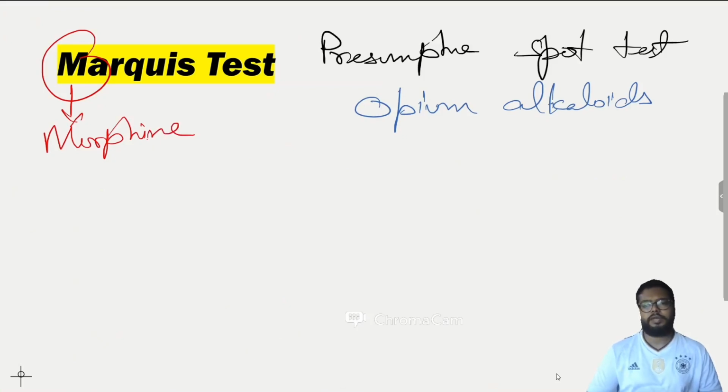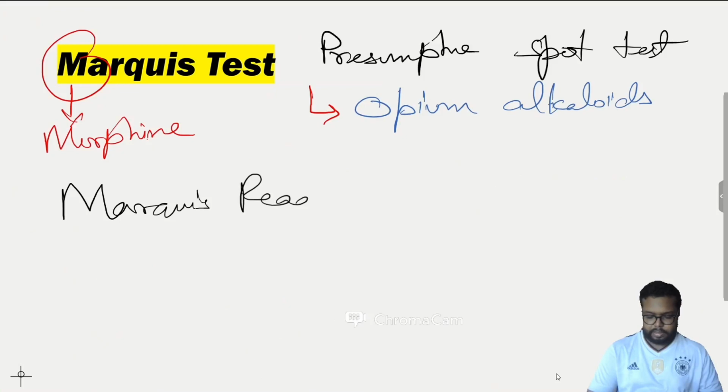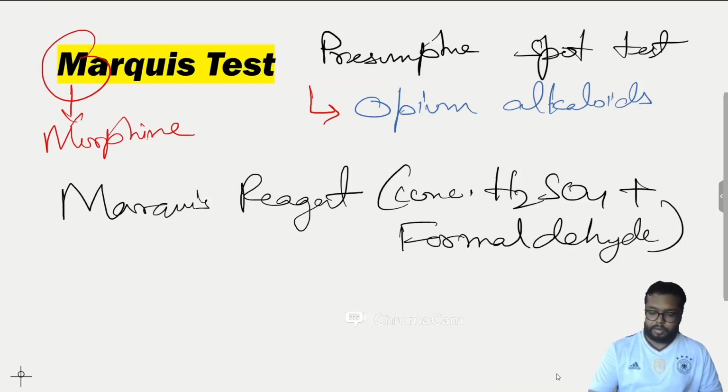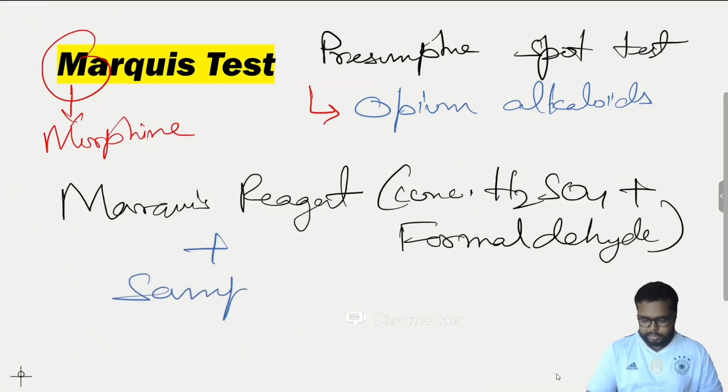So what happens in this? Marquis reagent is used, that is concentrated H2SO4 plus formaldehyde. This Marquis reagent is added to the suspected sample,